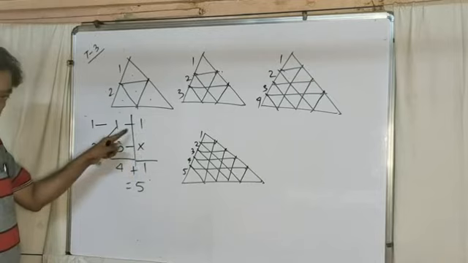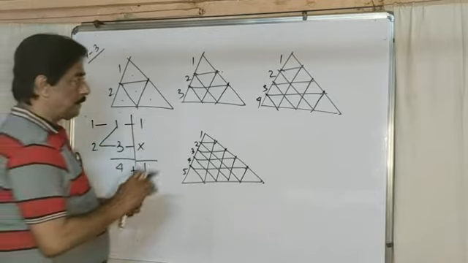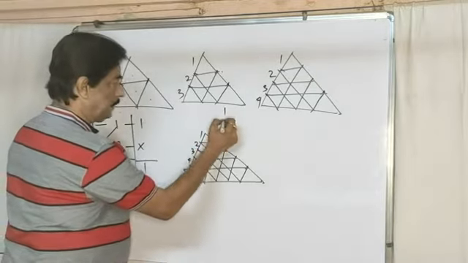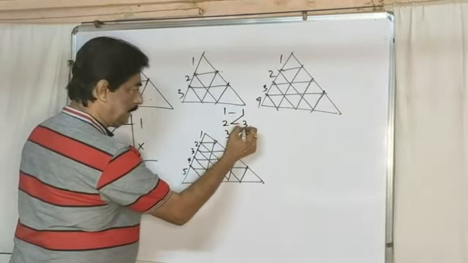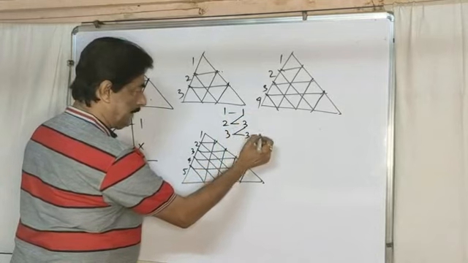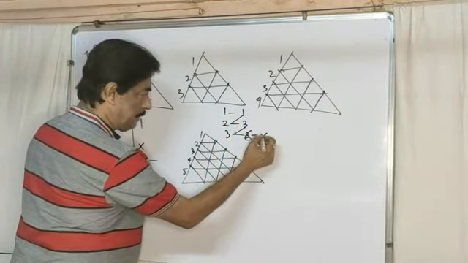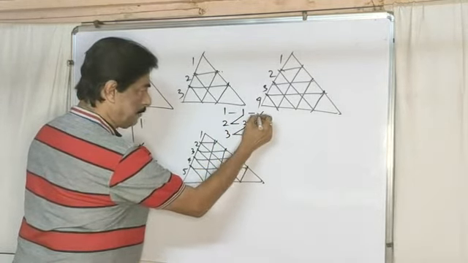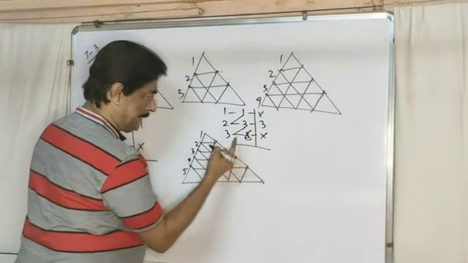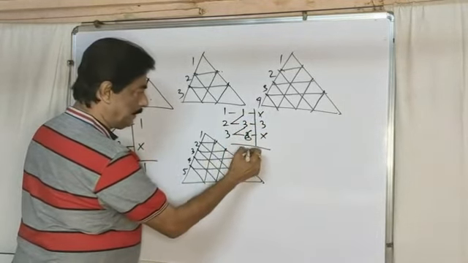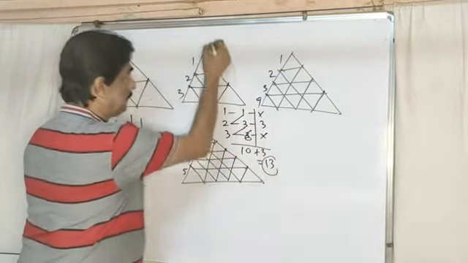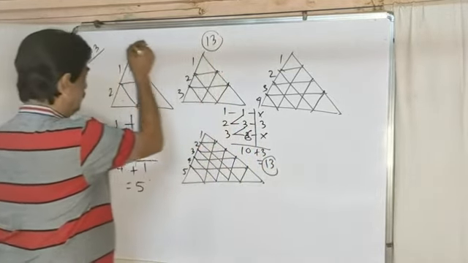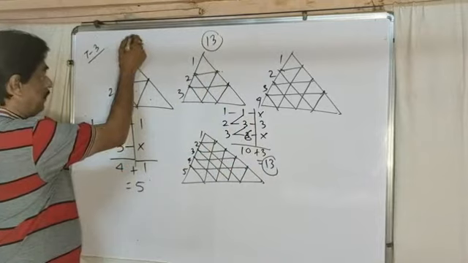Skip 0, copy 1. Now for the second case. 1, then 2, then 3. Copy 1. 1 plus 2 is a 3. 3 plus 3 is a 6. Then skip, then copy, then skip. Add. 6 plus 3 is 9 plus 1, 10. And plus 3. Total 13 triangles inside the figure. These are 13. These are 5.